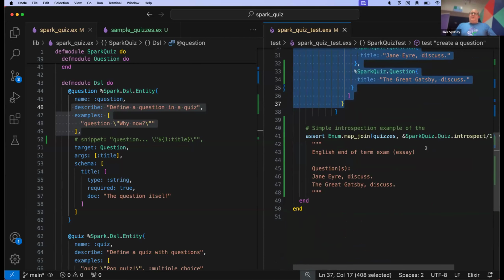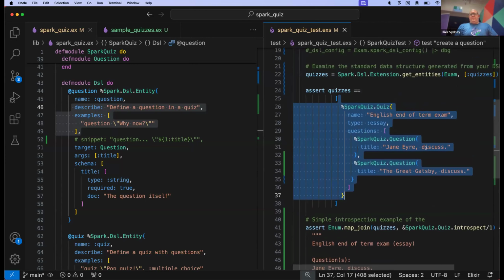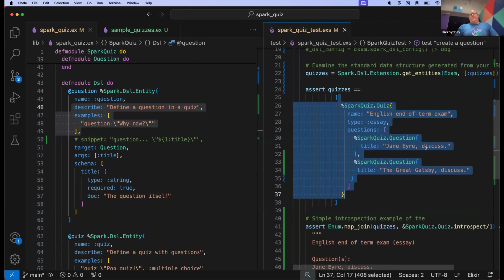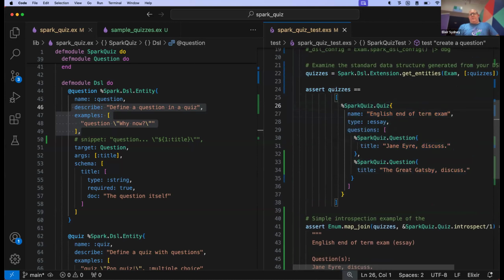So a key part of what we get out of this is an introspectable data structure. This is probably not quite so obvious here, but I've done a little example of how we can introspect things. For anyone who's used GraphQL and understood how the schema is defined and then can be introspected, with all of the tooling that comes out of being able to introspect a standardized data structure, you can start seeing the power of that.